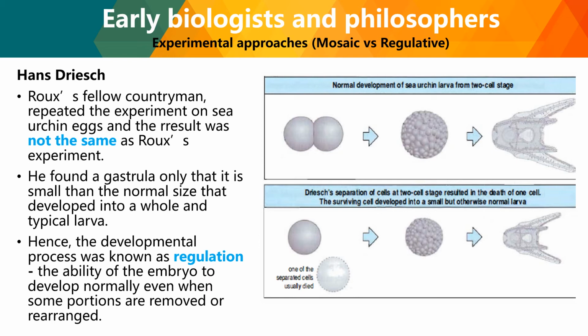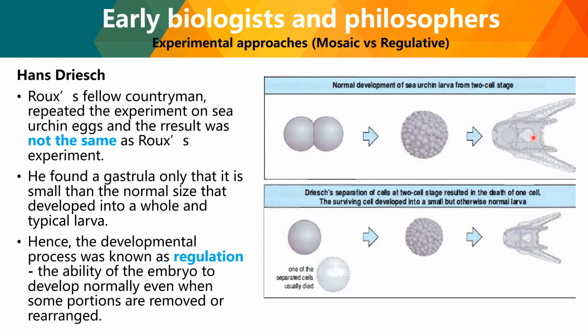Okay? So parang bumabalik tayo ngayon sa previous na mga theories na parang tama nga na nagkakapare-parehas lang talaga ang development ng isang organism kapag nasa embryological phase pa lang. But pagdating na sa mga more aggressive phases of growth, nagkakaroon na ng differentiation about the life cycle or the development. Okay? So in this picture, you will see the normal development of the sea urchin larva from two cell